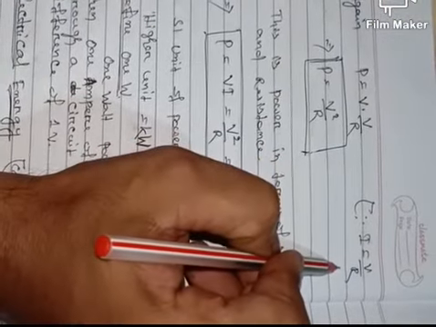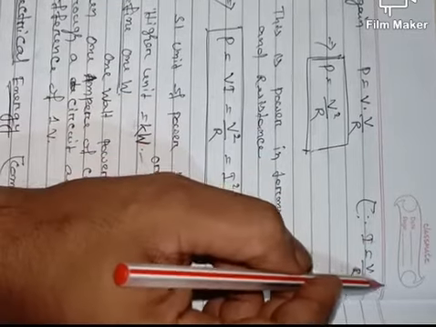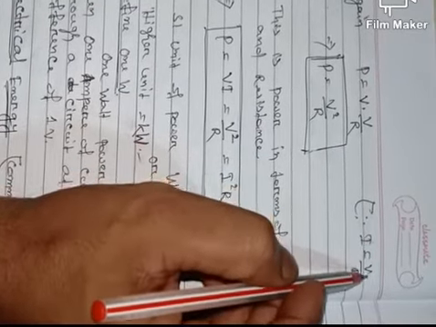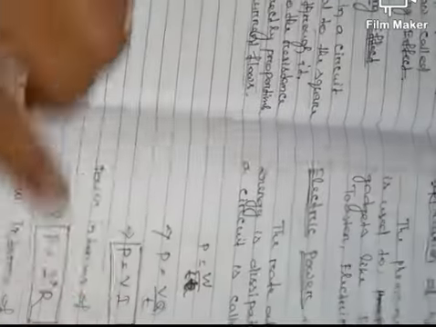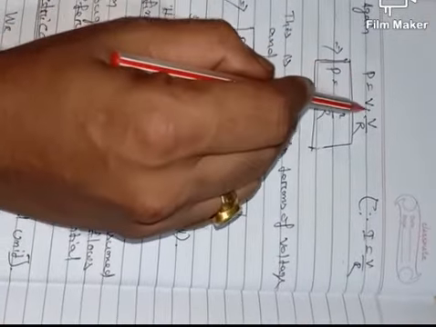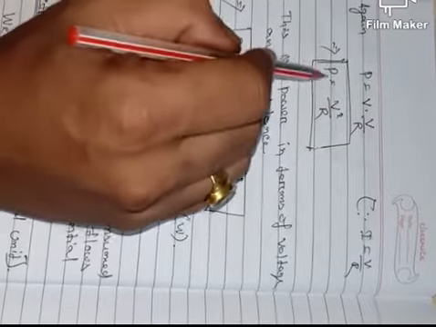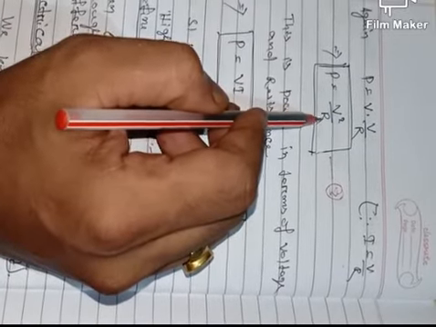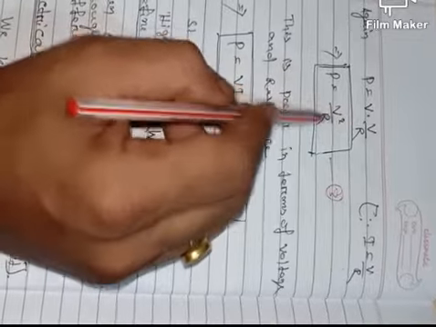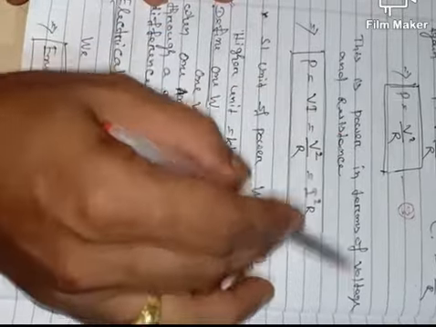Now again, as you know, I is equal to V by R, that is Ohm's law. Current is directly proportional to voltage, potential difference, and inversely proportional to resistance. So I is equal to V by R. Now replacing I by V by R, we will get P is equal to V into V by R. So P becomes V square by R. This is equation 3. If voltage and resistance are given, then we can get the power of the circuit. So this is power in terms of voltage and resistance.